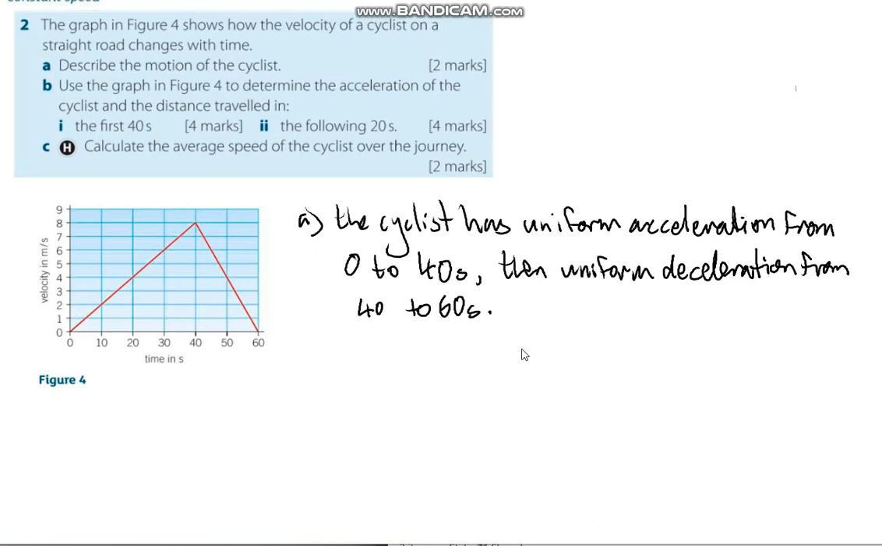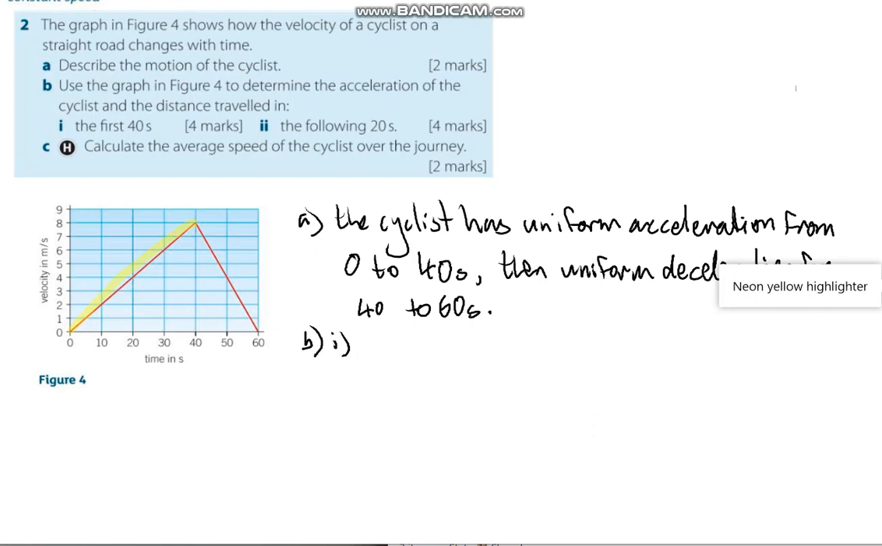Part B, use the graph in figure 4 to determine the acceleration of the cyclist and the distance travelled in the first 40 seconds, the following 20 seconds. So for the first 40 seconds, we're looking at the part of the graph where we have the positive gradient showing the constant or uniform acceleration here. To work out the acceleration, we do the gradient of that graph, and so that is going to be